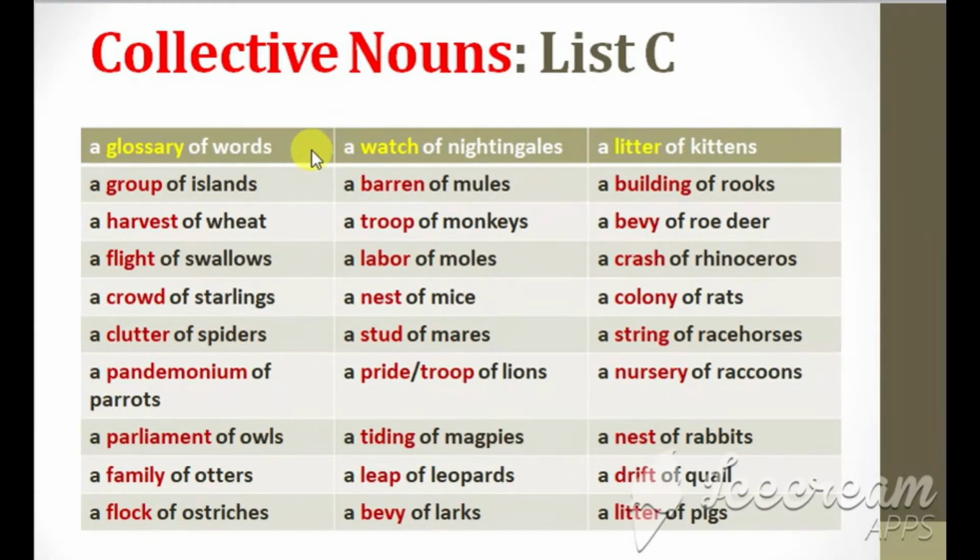a glossary of words, a group of islands, a harvest of wheat, a flight of swallows, a crowd of starlings, a clutter of spiders, a pandemonium of parrots, a parliament of owls, a family of otters, a flock of ostriches, a watch of nightingales, a baron of mules, a troop of monkeys, a labor of moles, a nest of mice,